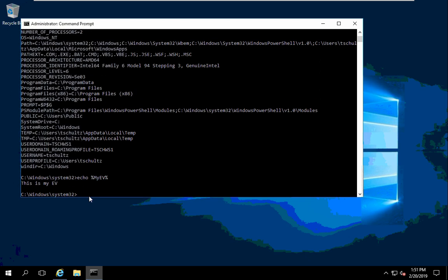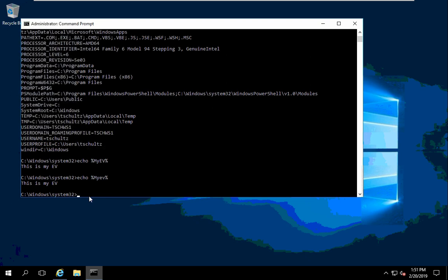We don't need to be careful about capitalization in a Windows system. We do in Linux, where those are two different things, but they're the same for us. So that's the way to get the value. The idea is maybe if we started a script or something like that, we could